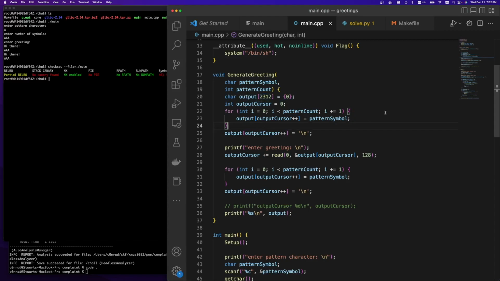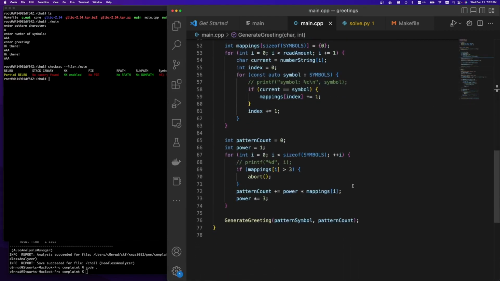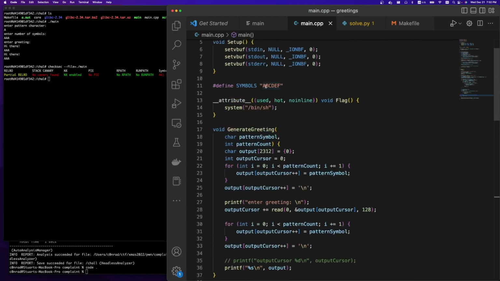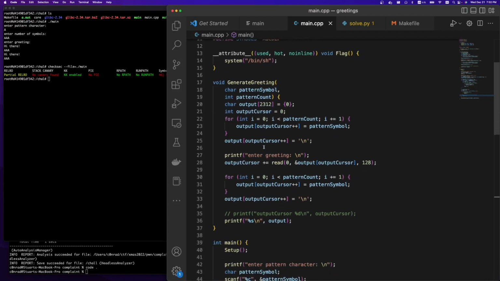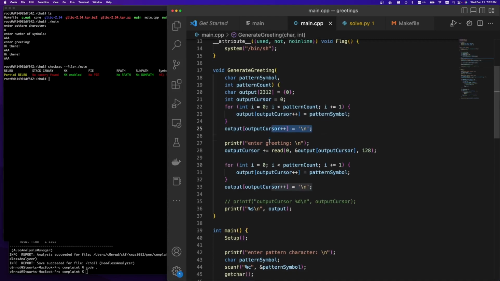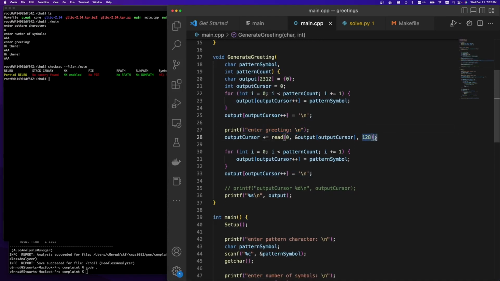If you go through the math, like I said, it's a little bit weird how this actually gets generated. You can see it's generating powers. I think it generates something like 1,000 bytes roughly, a little bit over 1,000 bytes. 1,000 will be passed to this. So what that means is you're going to set 1,000 characters here to output, and then an extra byte for the newline. And then here it's going to enter a greeting,